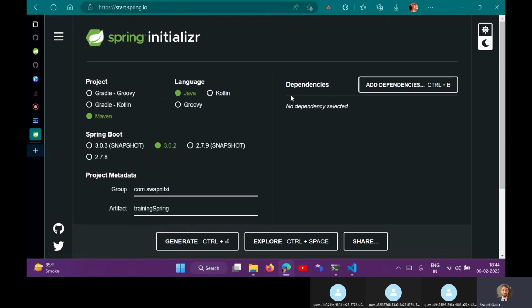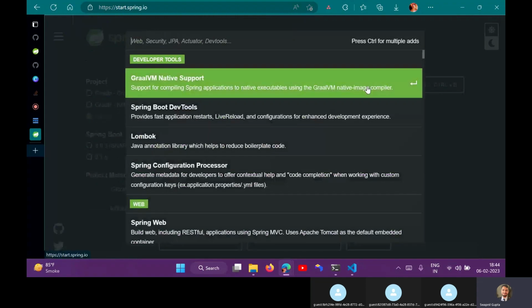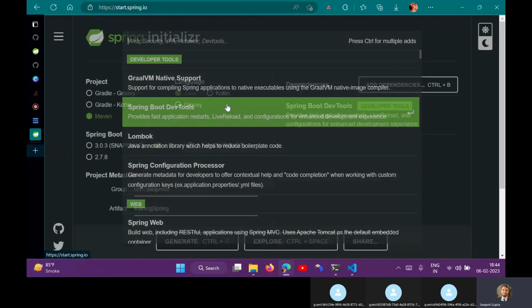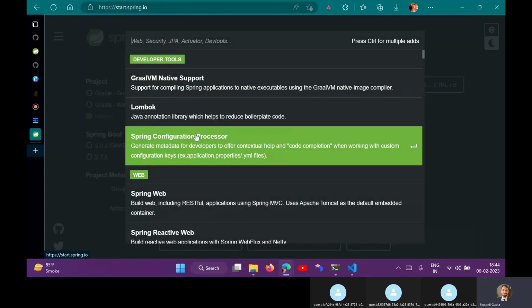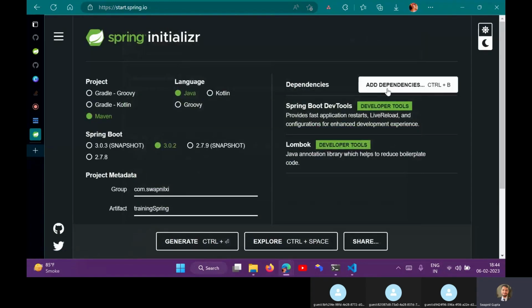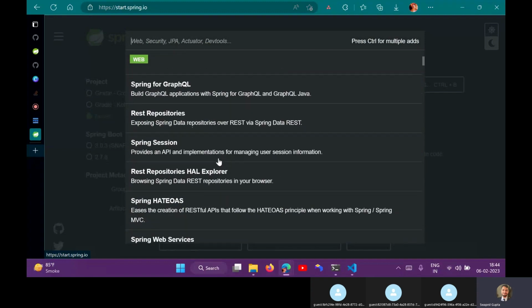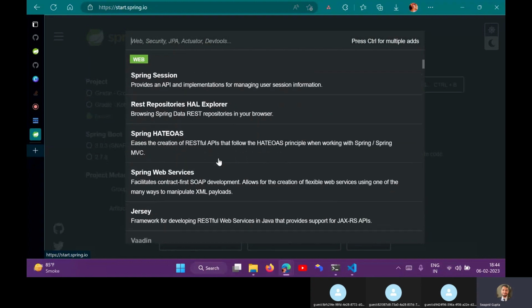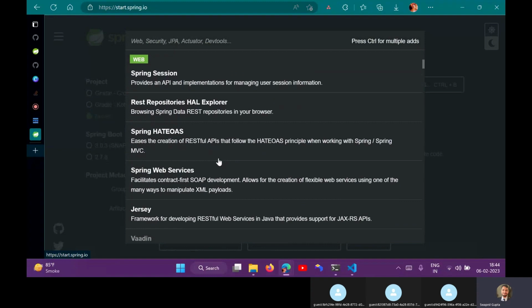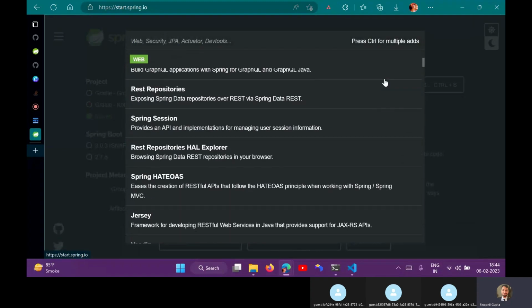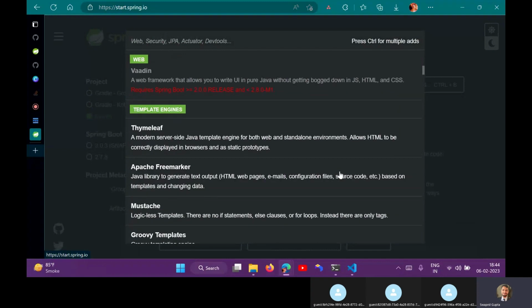One more thing, the dependencies I talked about: what are the things you need to get started with. First of all, you need dev tools, right? Then you will also use Lombok. Just start. No need to worry about what needs to be taken or rejected. Just think of the basic things that you might need in future, so you don't have to add them later on.